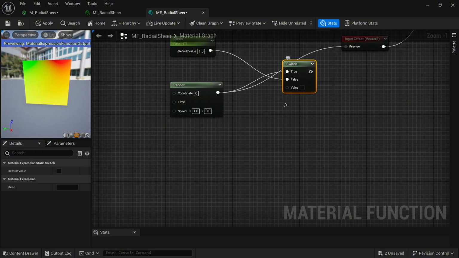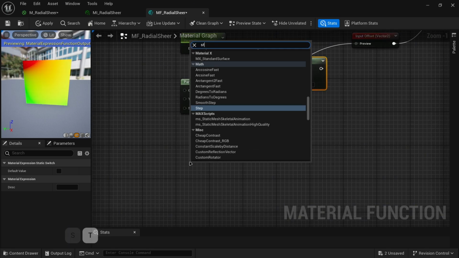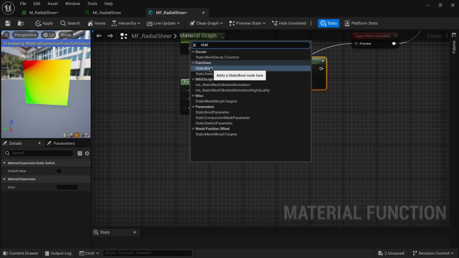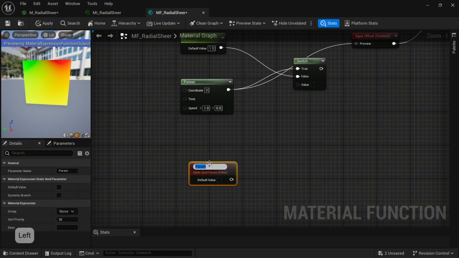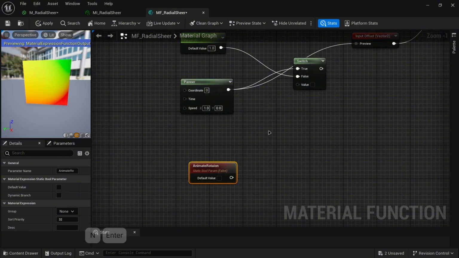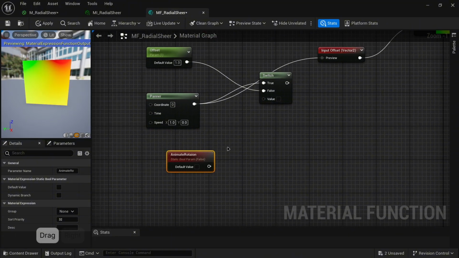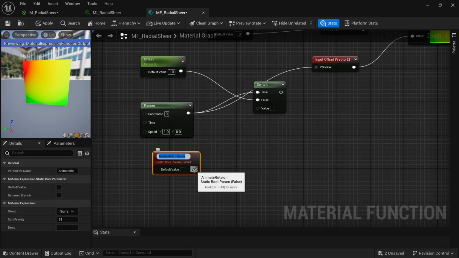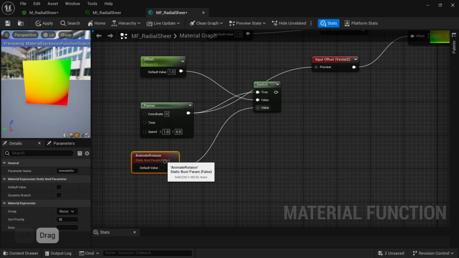And for the value, we can add a static bool parameter and name it animate rotation. And we can plug this into the value socket,